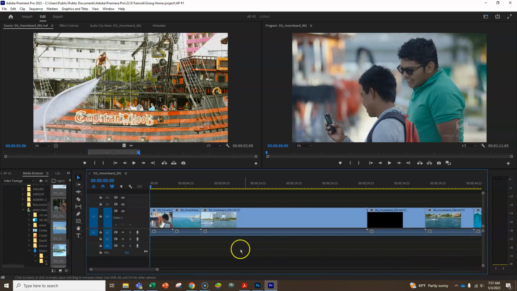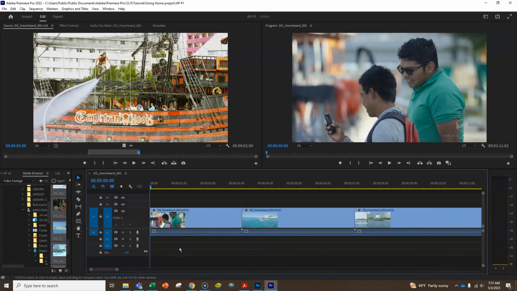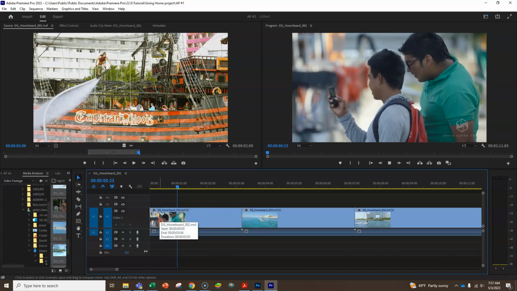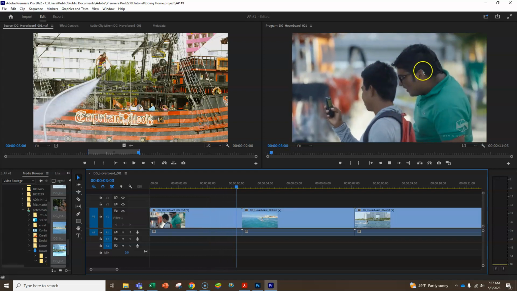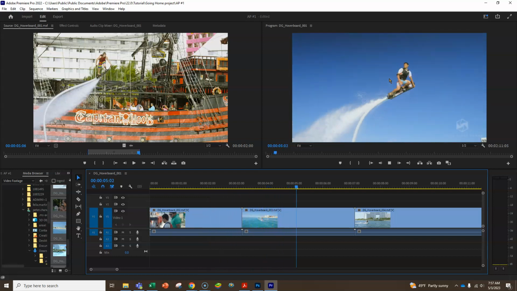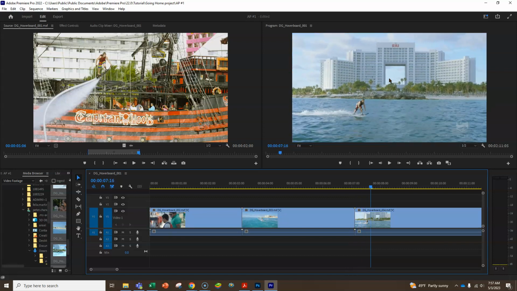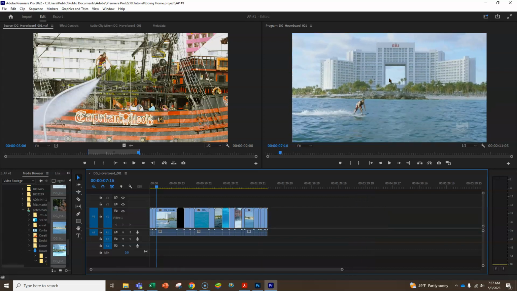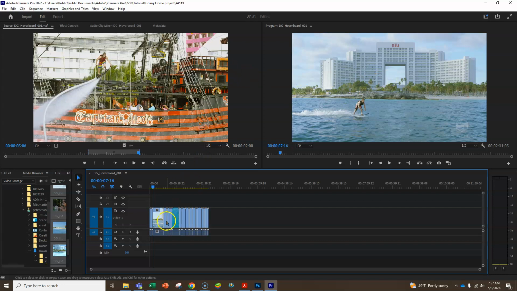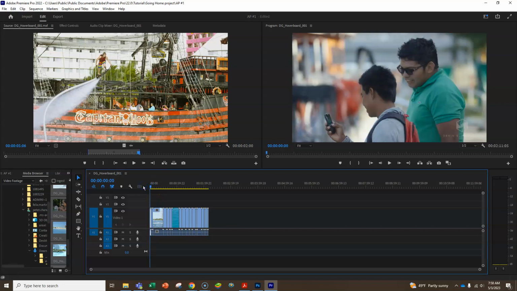That gives me an idea of what's in the clip, and then I can press my space bar to actually play it. It's going to show in my program window over here. So that's one way of going through these clips. I'm going to go minus and then back them up, and my very first clip is right here. So if I drag my playhead all the way back,